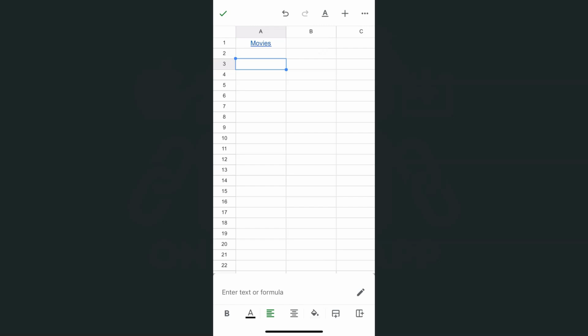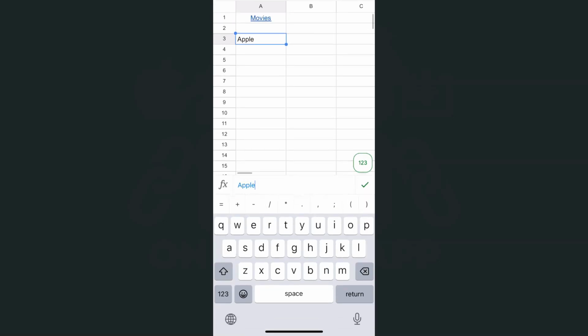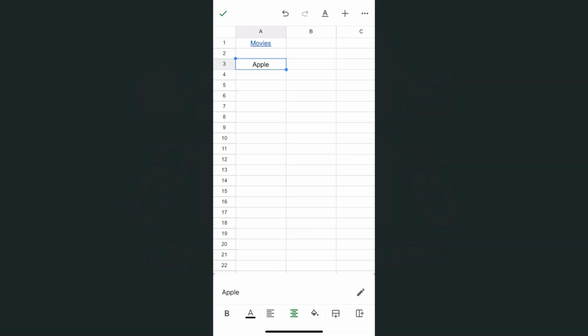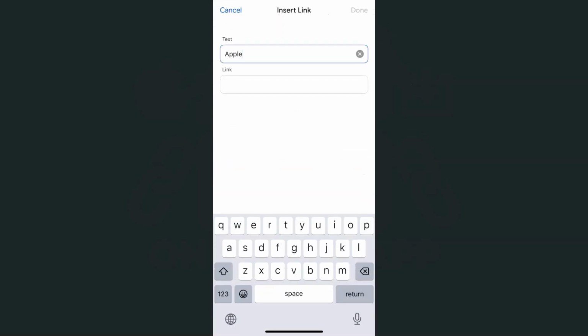Let's try that again. This time I'm just going to put in the word apple. There we go. And I'm going to insert a link to a Wikipedia page that will have the definition of an apple. So once you have the link for the cell, then go to the insert tool at the top, insert link. Again, we have the text where we want to insert our link, paste in the actual link, then